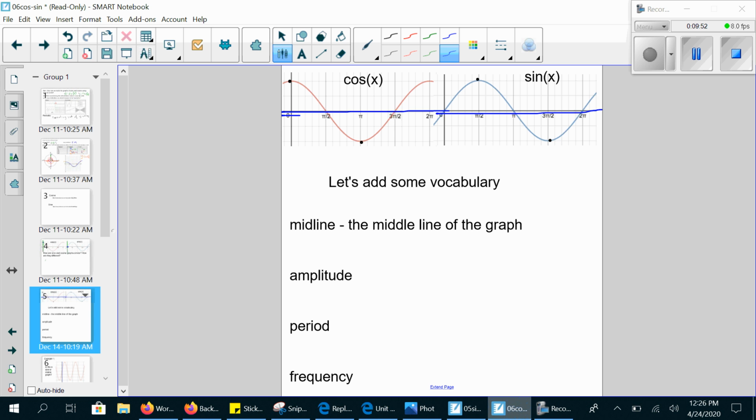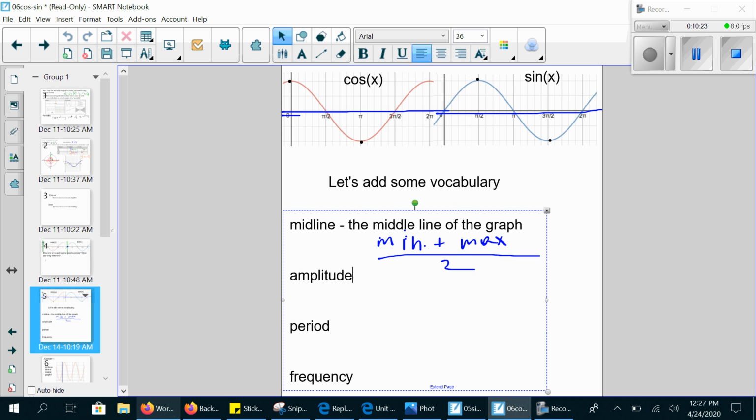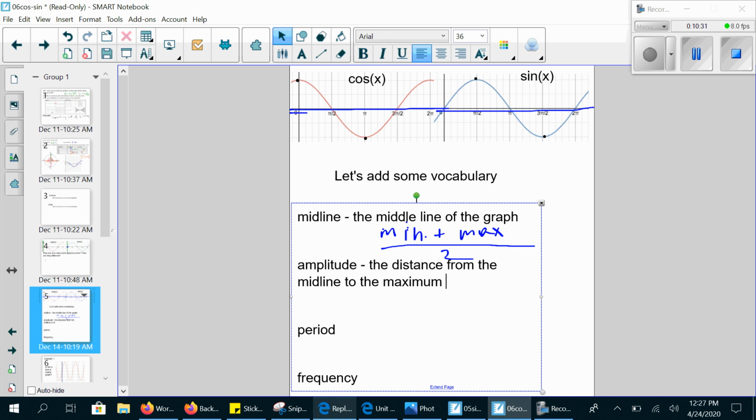And in general, if you're looking to calculate the midline, a great way to do that is just to do the min plus the max divided by 2. Because that's really, you're taking the average between the minimum and the maximum that way, which will get you the midline. And then amplitude is really related to midline because the amplitude is the distance from the midline to the maximum or to the minimum